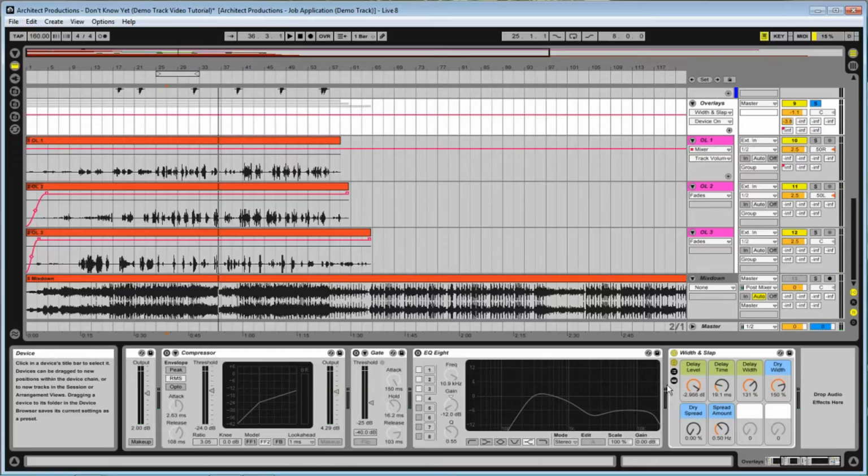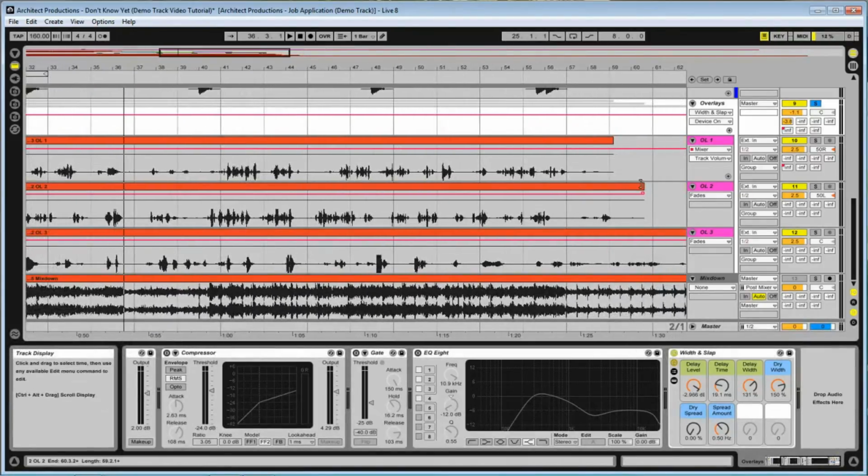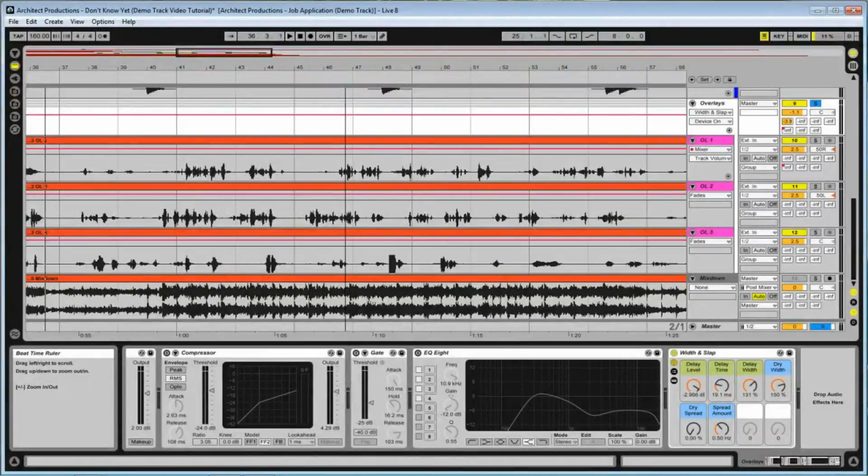So it gives it, well, more width. And on this overlay track, I kind of wanted to go over on yours. We had you set up, it doesn't matter if this one says left and this one says right, but we had one of your channels going to left, one of your channels going to the right, and then we had a centered one. And the reason for this is,